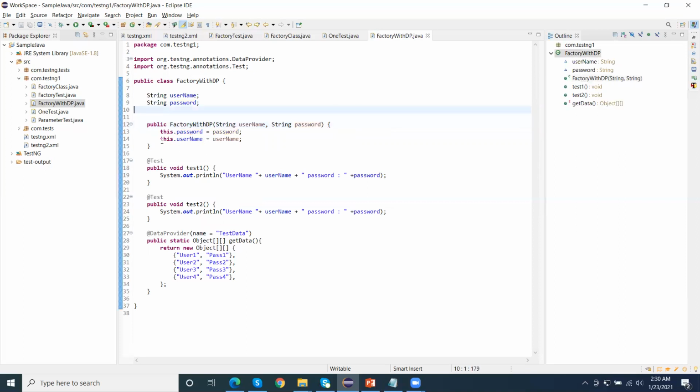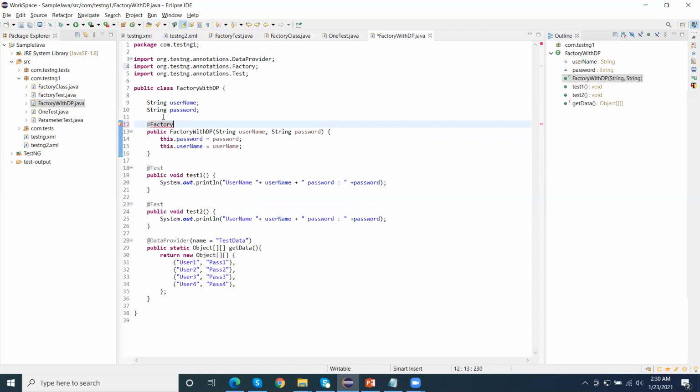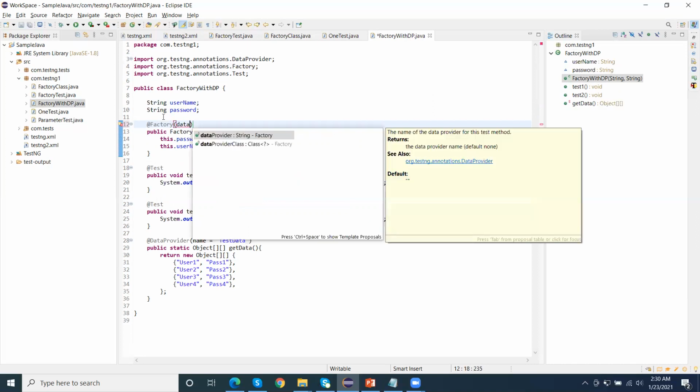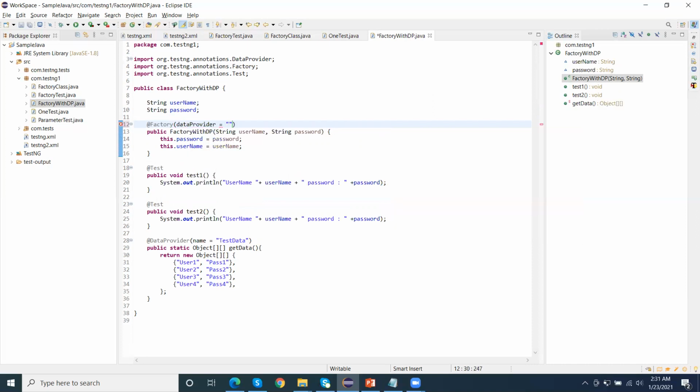Okay, so now I can apply the factory annotation here, right? The factory annotation contains a dataProvider attribute. We can pass here testData, right? So if you want to run the complete test, this test with a particular set of data, then we can use the factory notation.